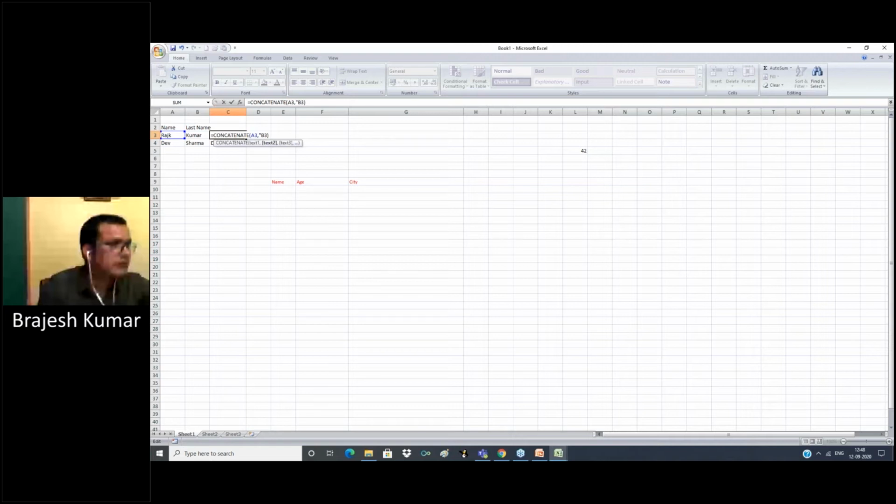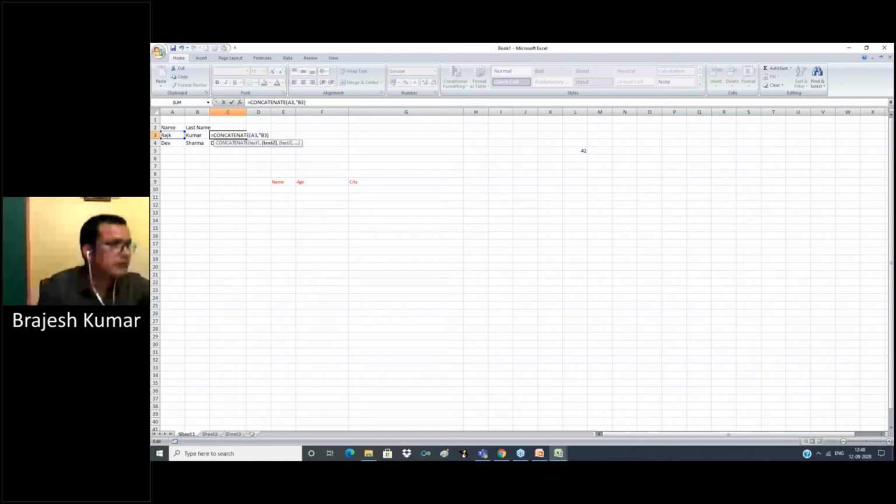Now you can see all text is in lowercase, Raj Kumar. Now we use uppercase, the UPPER function. Now you can see each and every letter in Rajkumar is in uppercase.